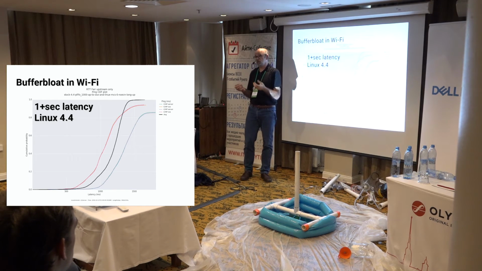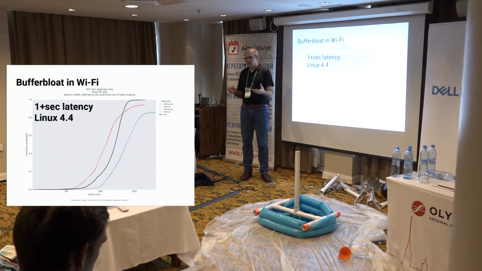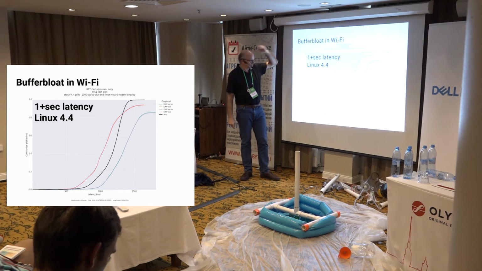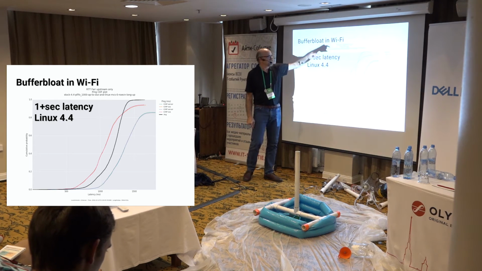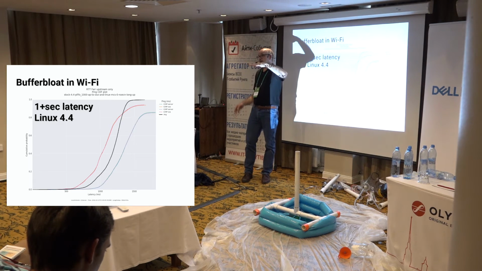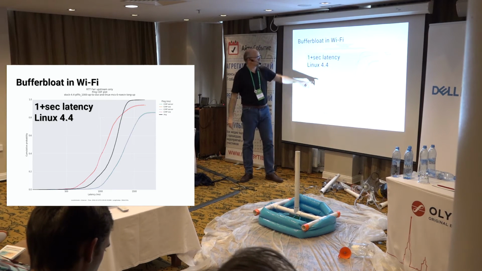And you would get situations where the data aggregation would cause seconds of delay because it's trying to optimize something. So what Dave Täht did was take the Atheros driver, which, because it's Linux open source software, he could put CoDel into that queuing inside the driver and got much, much better